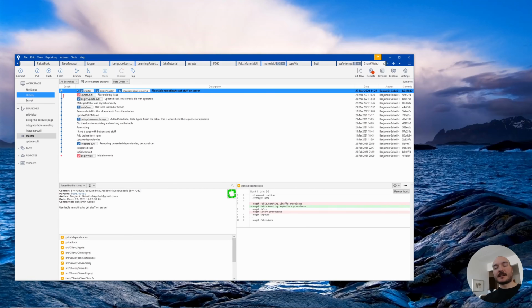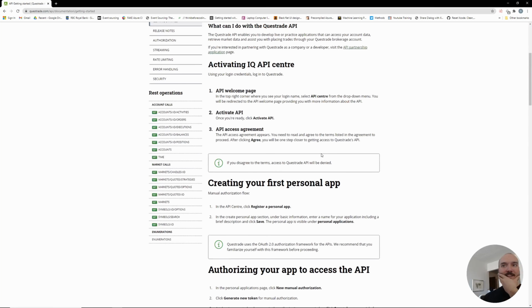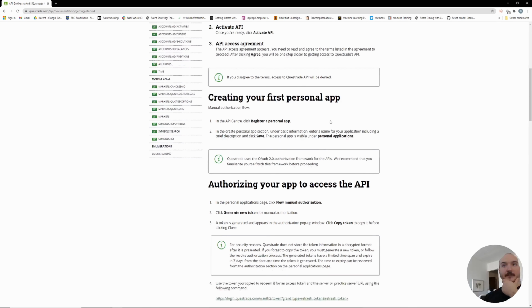All right, welcome back. So let's play around and do a little proof of concept for the Questrade API. The first thing I'm going to do is open up the API documentation itself. There's a little bit of a getting started, creating your first personal app. This is stuff I have to do in my account. Obviously there is going to be some sensitive information, but I'm going to do my best to show you some stuff. Obviously, there's some information that you won't have access to,